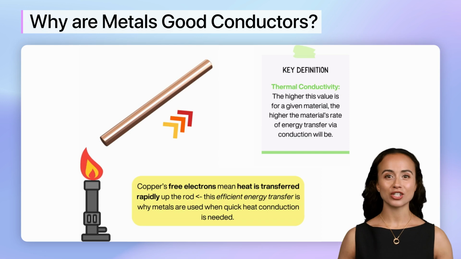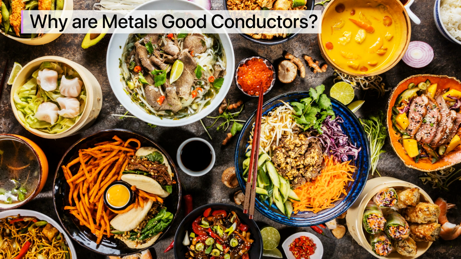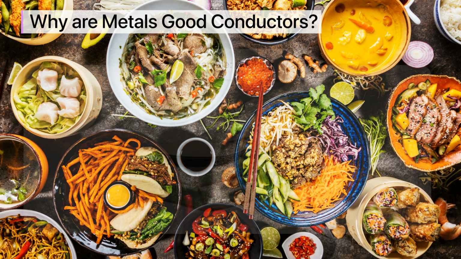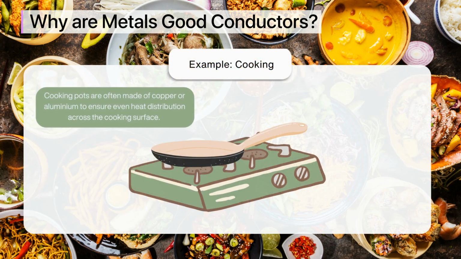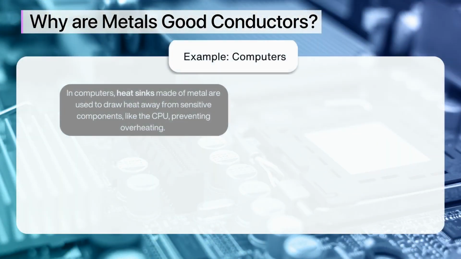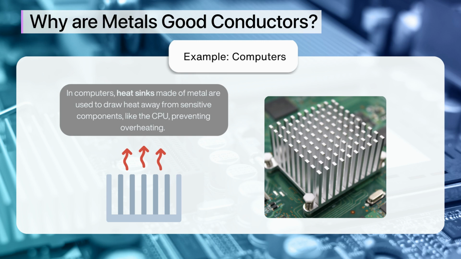This efficient energy transfer is the reason metals are used in applications where quick heat conduction is needed. Let us consider a few examples of this. Cooking pots are often made of copper or aluminum to ensure even heat distribution across the cooking surface. This helps food cook more evenly. In computers, heat sinks made of metal are used to draw heat away from sensitive components, like the CPU, preventing